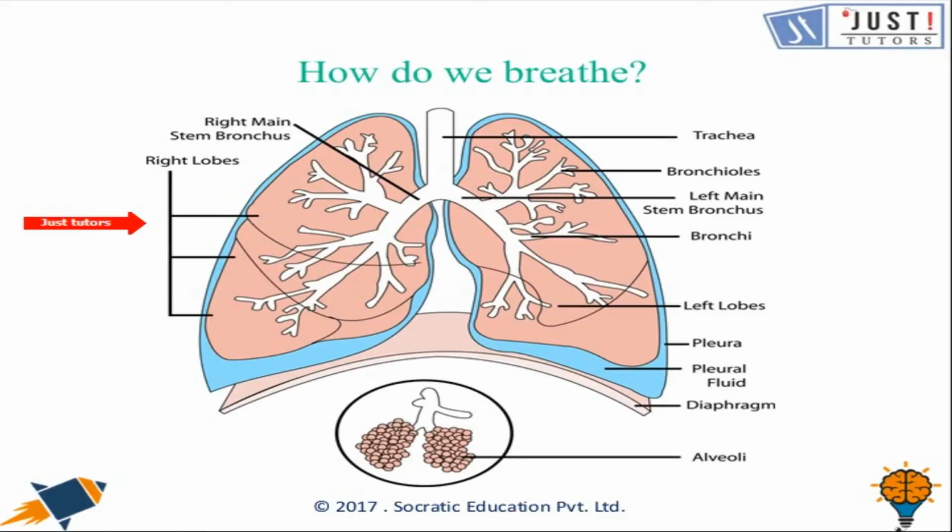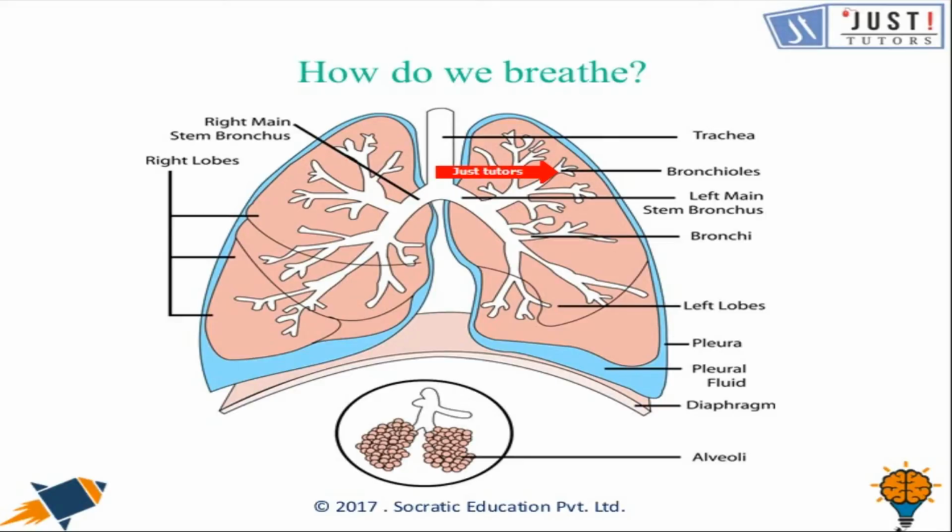When you breathe in or inhale, your diaphragm contracts. The diaphragm is this part right here at the bottom of the lungs. So it contracts and moves downward. This increases the space in your chest cavity into which your lungs expand. Now this is the reason your chest expands when you inhale. Now the air travels down your windpipe and into your lungs after passing through your bronchial tubes. You can find them right here.